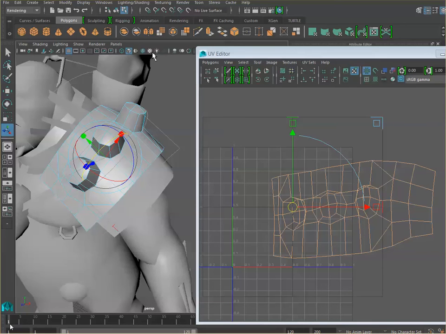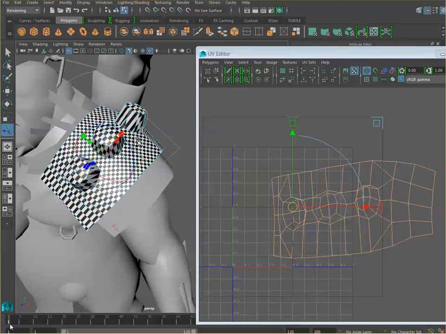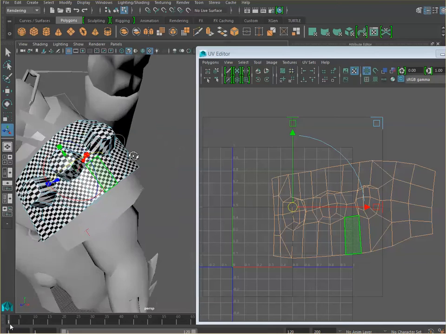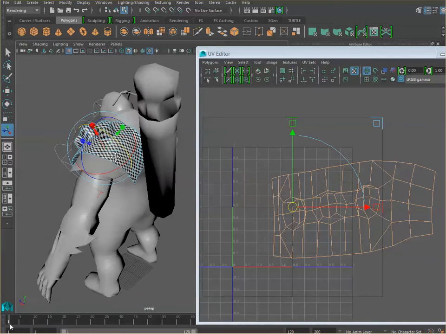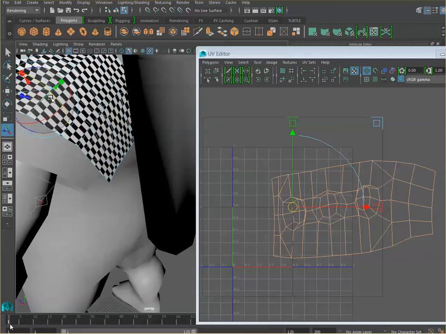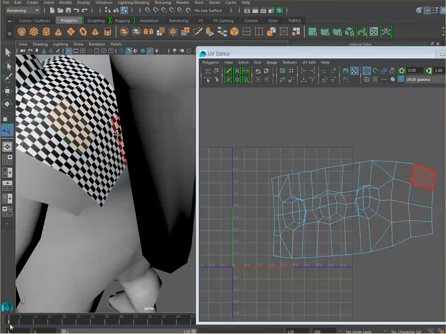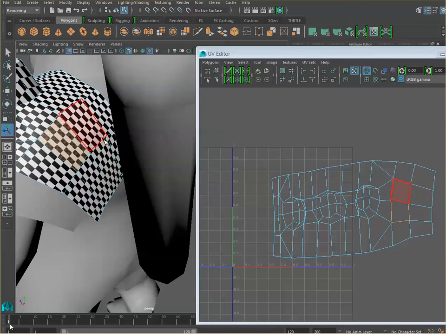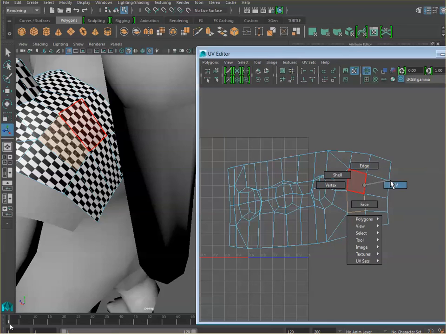So let's see how it looks with the checker material. It starts looking okay, except a little stretchy in this area here that we can work a little bit more. You see that we're starting to get some points there that start reading more like rectangles than anything else, but that's very easy to fix. You just go to the UV mode and with the move tool selected,